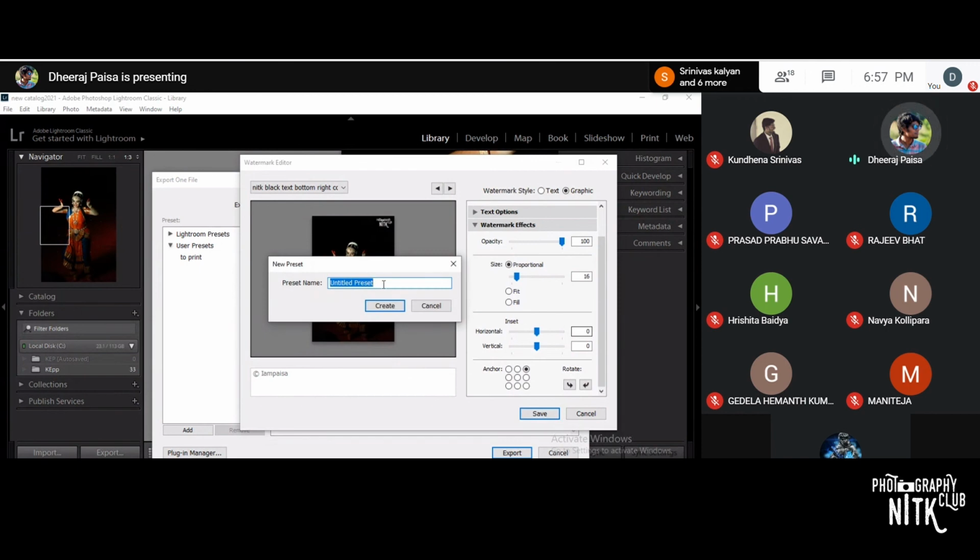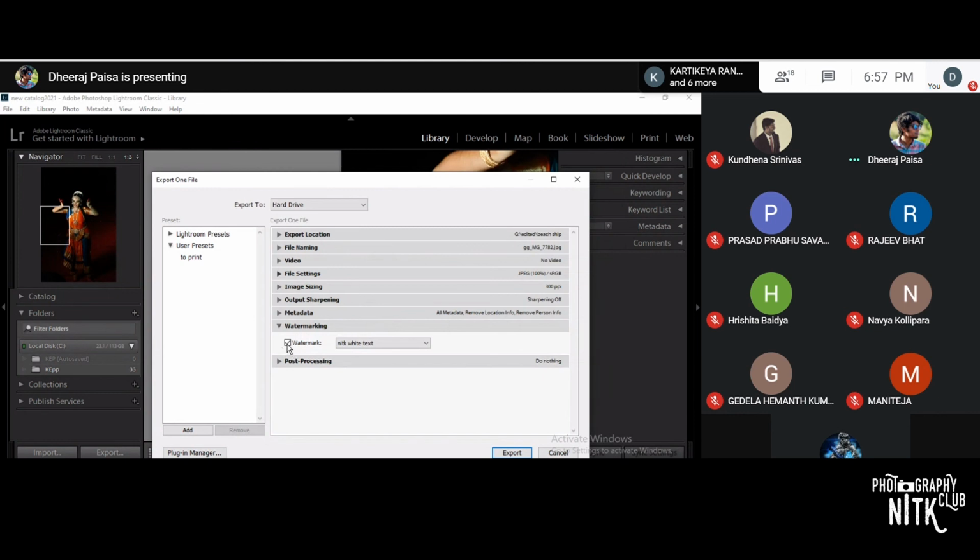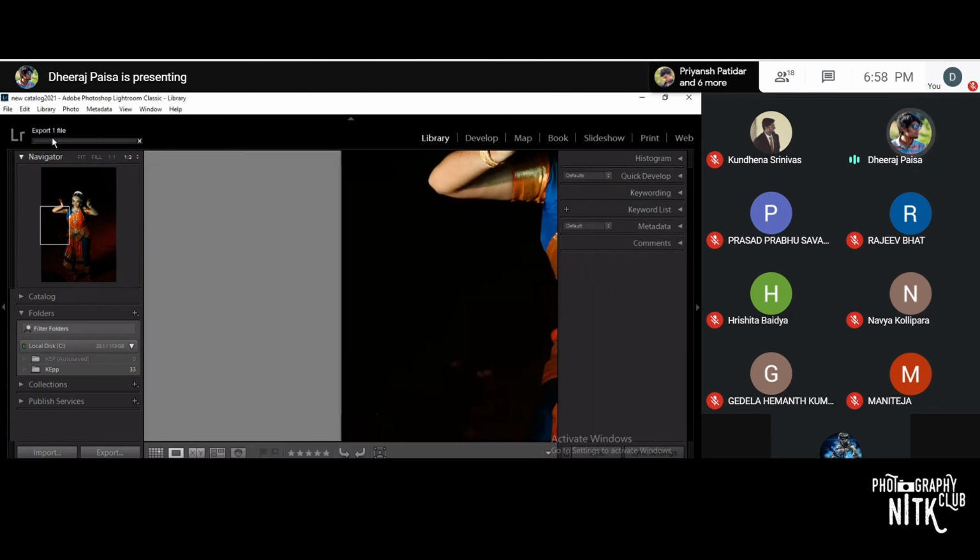Then you can give a watermark name as NITK white text. Now you are applying the watermark as NITK white text and you click export. That's it, you will export the file with the watermark in the top right corner.